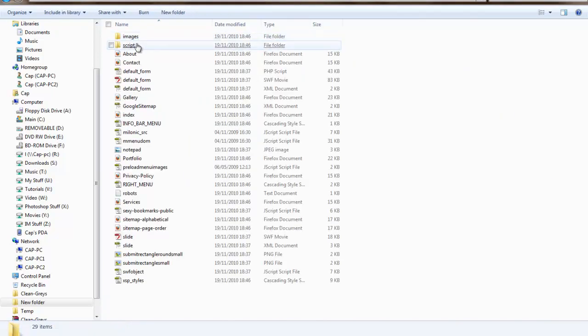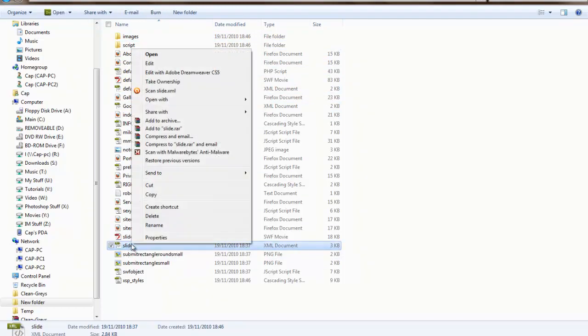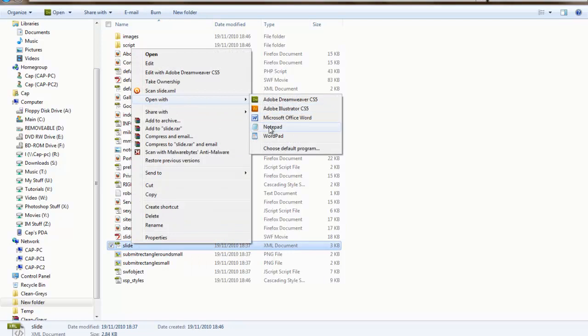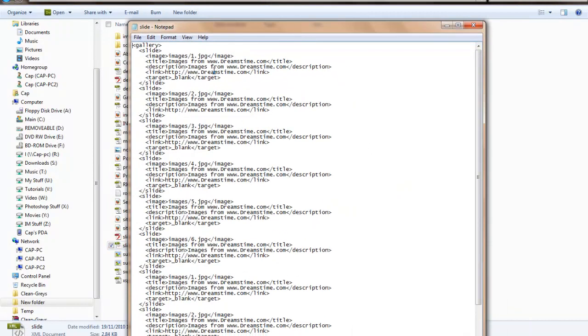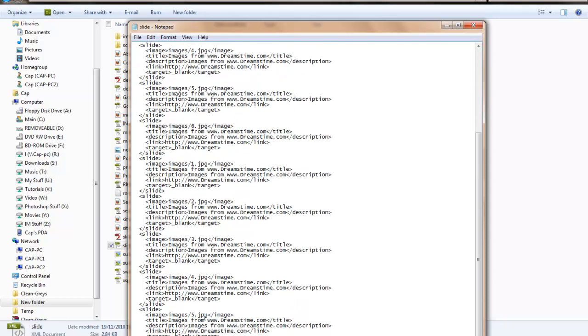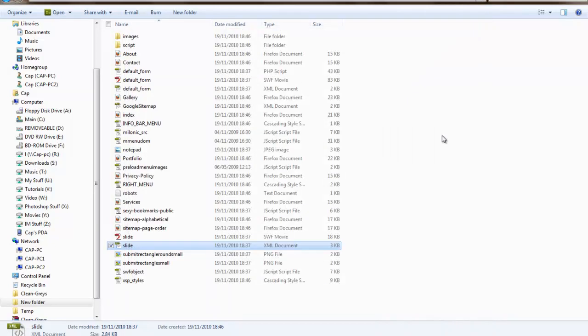The links, if you look down here for slide XML, that's here, and you can open this with Notepad or Dreamweaver, whichever HTML editor you use. You can edit the images here and the links. Okay, so very, very simple to do. That's about that. Now the contact form